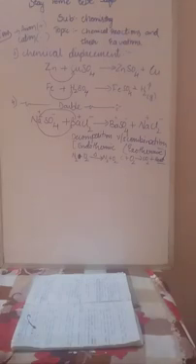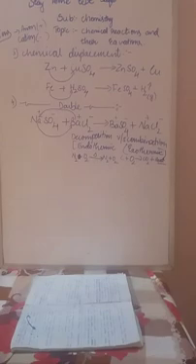Let us know the difference between displacement and double displacement. What are the differences between displacement and double displacement? The first difference: here in displacement, one element is replaced, or displaced. In double displacement, both the elements are displaced each other. Replace, displace, exchange are all similar words. Keep in mind, here one element is replaced, here both the elements are exchanged. That is the one difference.